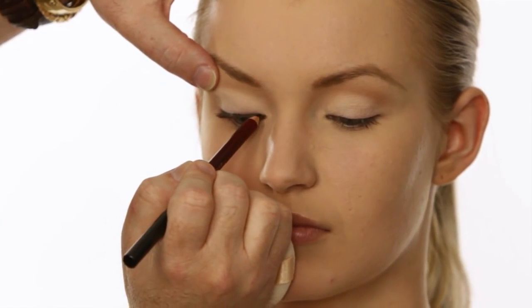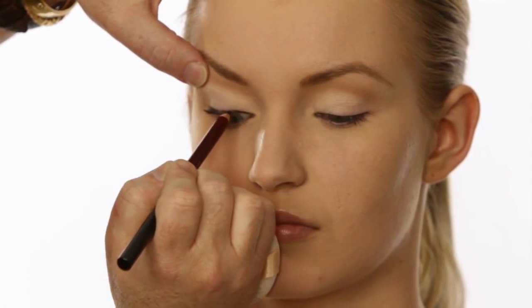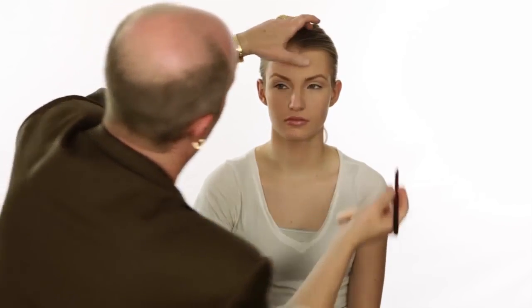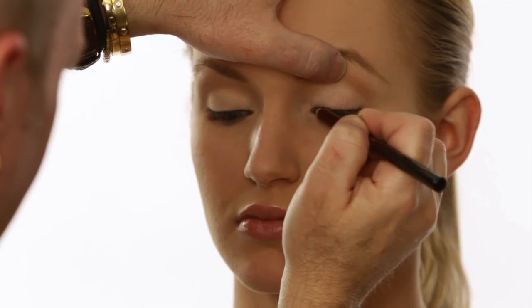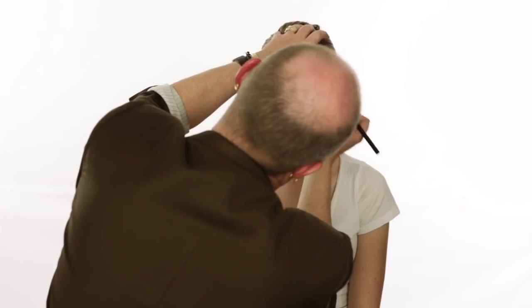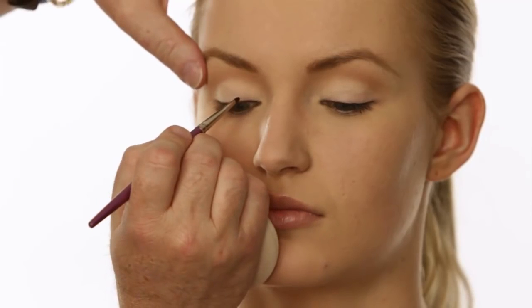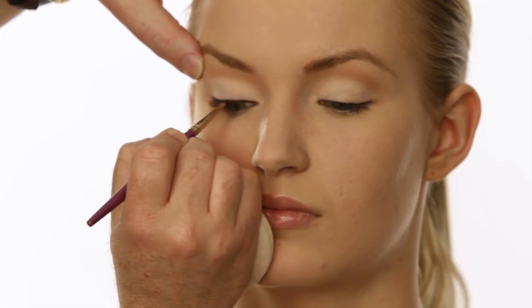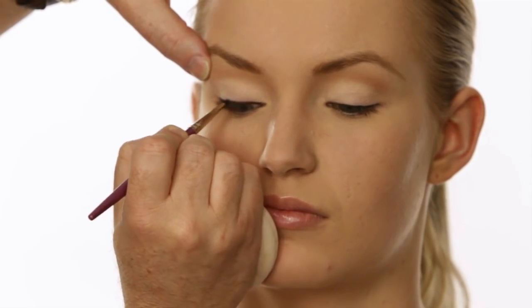Now we're going to take a pencil. Look down for me, just go right along that lash line. So keeping it really tight to the top lash line. Now we're going to take our 42, we're going to go over that with powder. Keeping it tight, but starting to create our shape,